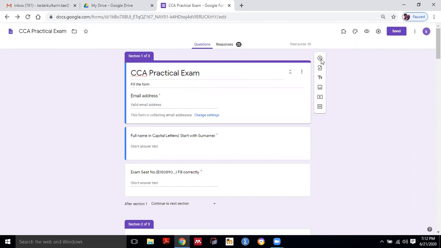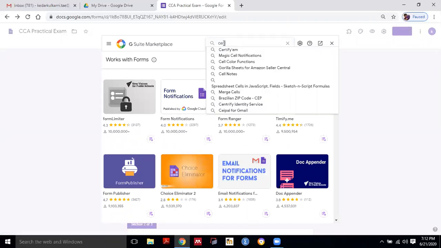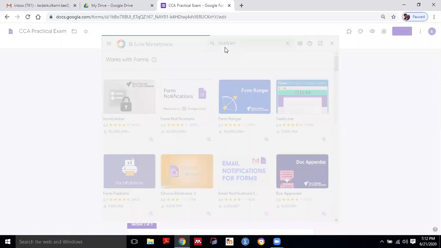Then next one, if I have to generate a certificate, I have to go for this, clicking on these three dots, then add-ons. Then in add-ons, I have to type Certify EM.